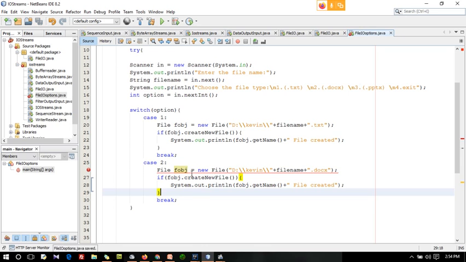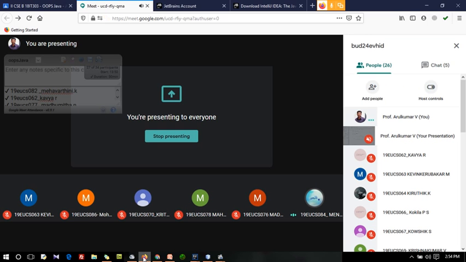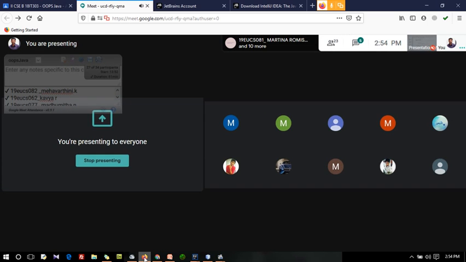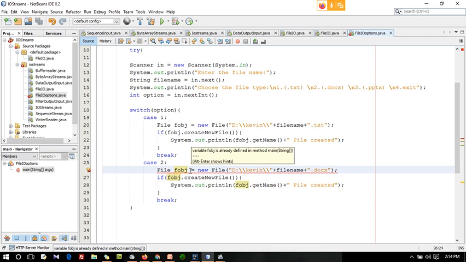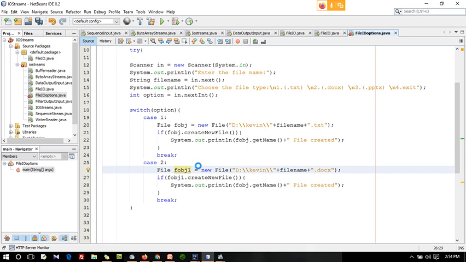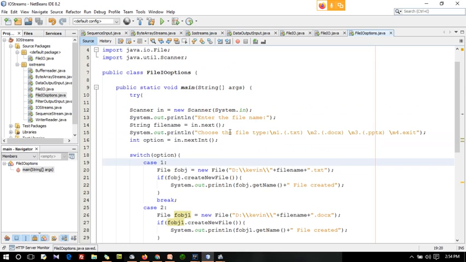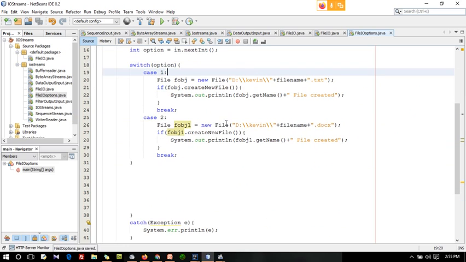What happened? Any problem? Are you getting the screen right? See here, it is saying that variable f obj is already defined in the method. So this is the problem. You should give a different name for the object.